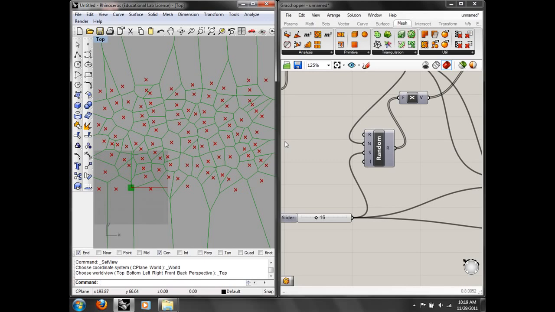You could use this to cut a surface. I could do a surface split with that, and then each of these is going to be a surface. Then I could cull some of those. I could turn some of them off and on. Okay, so this is a way, but again, this is just a collection of points that you could create, and then you could tile this in lots of different ways. And so this is Voronoi tiling,